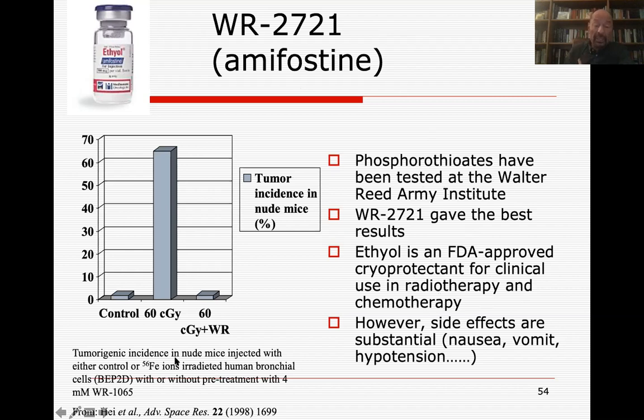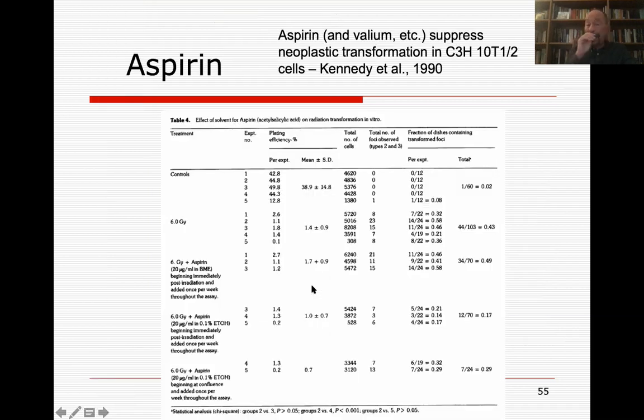And you see this is an experiment instead on tumorigenesis. You see that control 60 centigrade plus WR is very protective also for tumorigenesis, but it's a molecule that has substantial side effects, including nausea, vomiting, hypotension. So it's okay for cancer patients, if they have, like, head and neck where you have severe side effects, you can use this one, because in any case cancer patients are used to this kind of side effects. But if you take normal individuals, not to mention astronauts, that would be really, really dangerous. There are other molecules much more